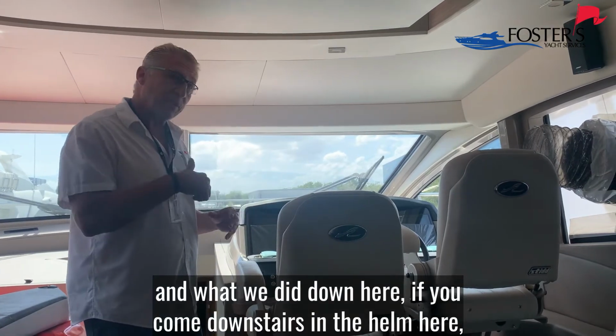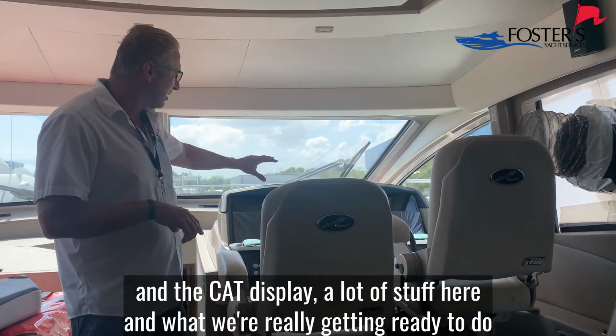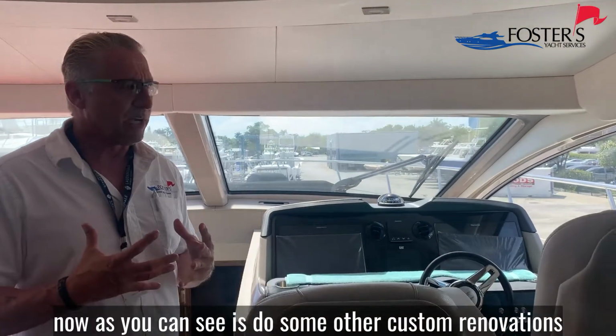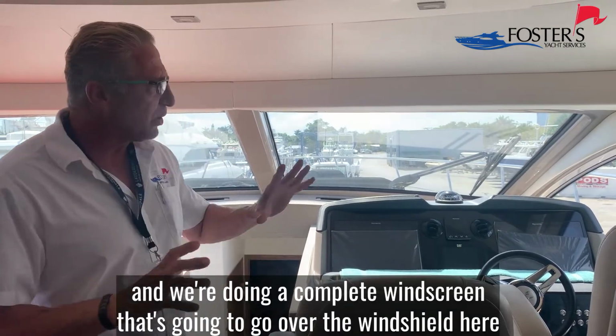And what we did down here, if you come downstairs in the helm here, we put all new Raymarine monitors over here and replaced the electronics and the cat display and a lot of stuff here. And what we're really getting ready to do now, as you can see, is do some other custom renovations for the guys with the floors, some countertops, and we're doing a complete